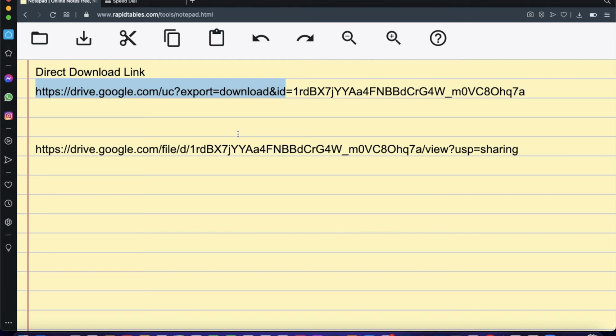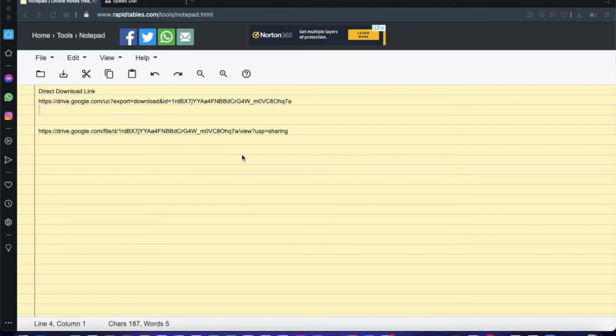You can note it down. All you need to do is, if you want to create a download link, just copy the ID of the particular file from here and paste it after is equals to, and then you have your download link ready with you. Another thing which I want to tell you guys, this particular link, it's too long to be used anywhere.